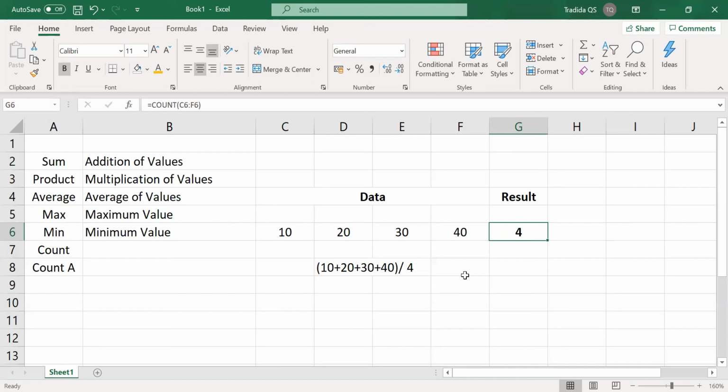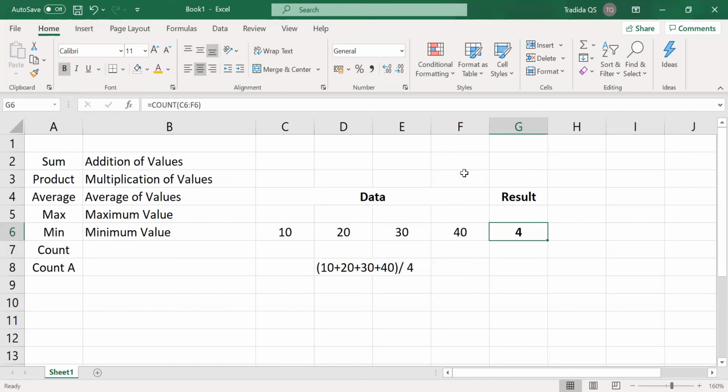You want to see how many people have contributed for your event or this charity requirement. We will use the count formula. To count the total contributions received, or how many persons have transferred the money. To see that, use the count formula.